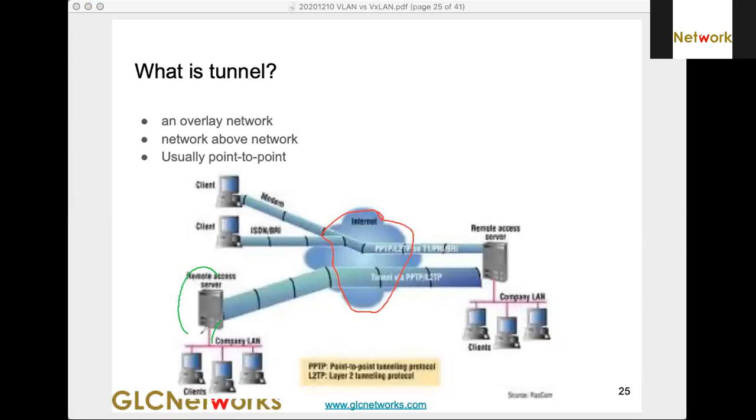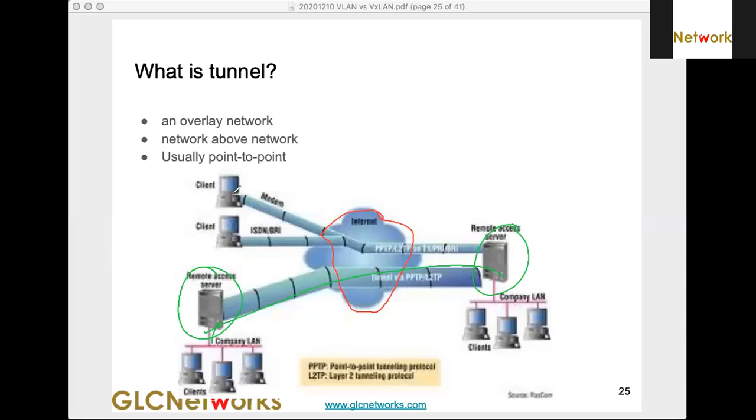For example, you have an office here, you have another office here. Okay, and then between the offices, you connect to each other using the internet. So the internet is the underlay network, the physical network that has to be established stably before you set up an overlay network.